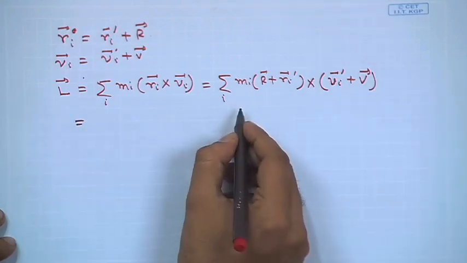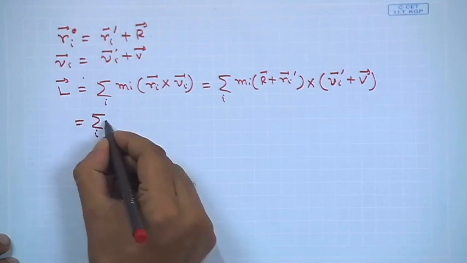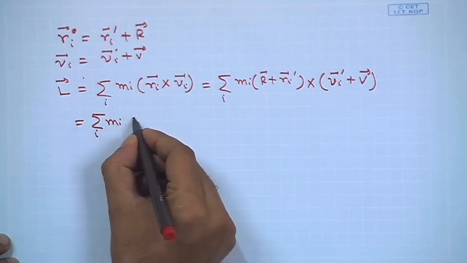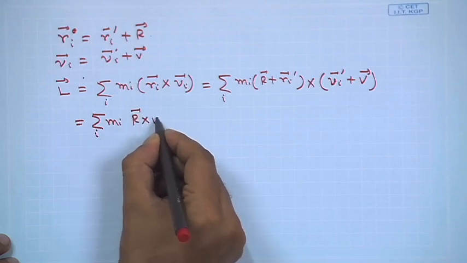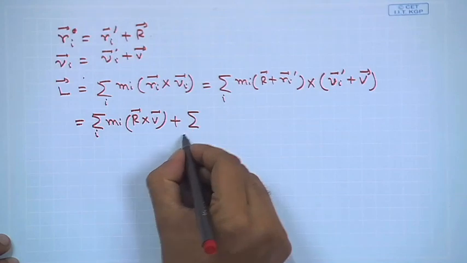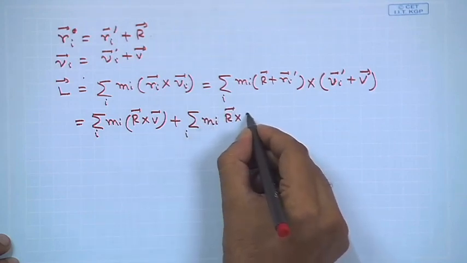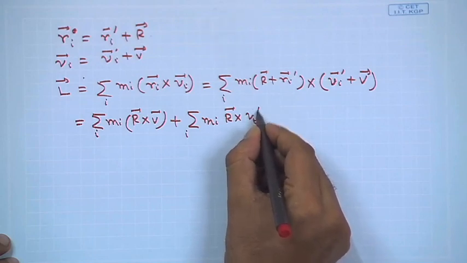Now, if we open the brackets and do it term by term, the first term will be R cross V, second term will be m_i R cross v_i prime